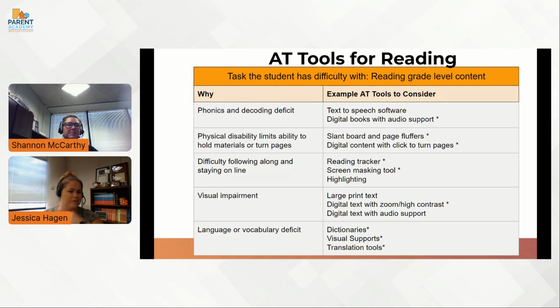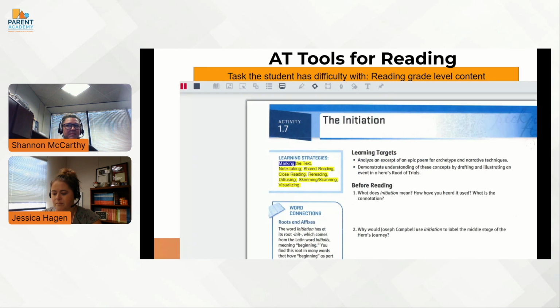We want to look at a few of the reasons why that might be. In the first example, it shows that maybe the student has a phonics or decoding deficit. In that case, the school may consider trialing text-to-speech software or digital books with audio support. This is a screenshot of a digital text and a text-to-speech tool called Read Write Google. Here, text is highlighted as it's read aloud by the computer. This is an example of a tool that is available to all OCPS students, but may be AT for those